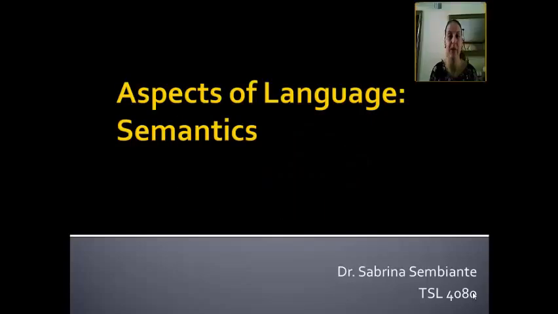Hello everyone, this week we're going to be learning about semantics. This is the last session of the linguistic sessions. We started with phonology, we then learned about morphology, we then looked more holistically and looked at syntax, which looks at phrases, and now we're going to the deepest form or level of linguistics, which is called semantics,